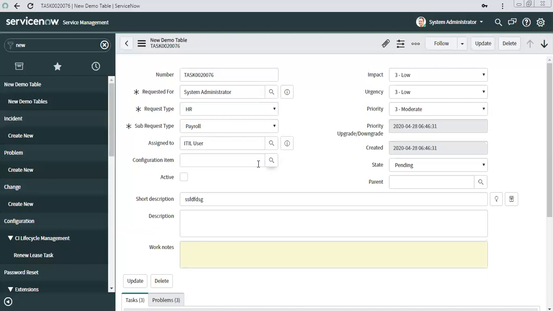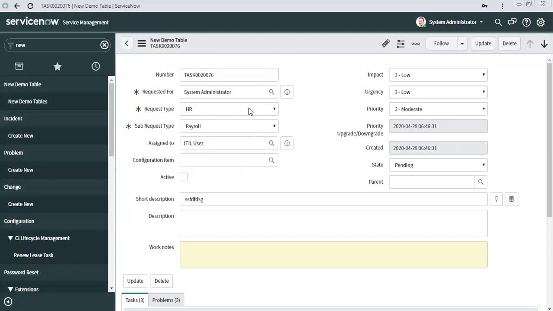We have to use another class which can return some data based on the selection of this particular user. That is where glide ajax comes into the picture.